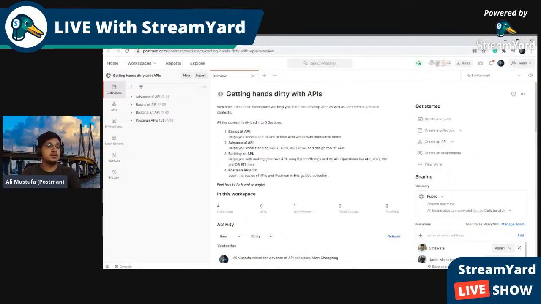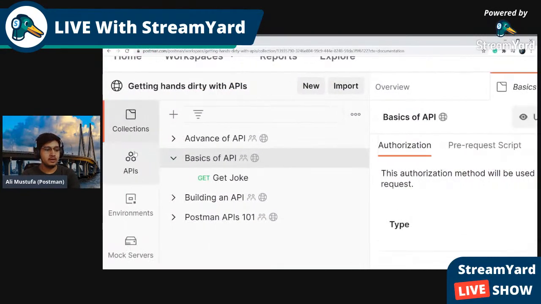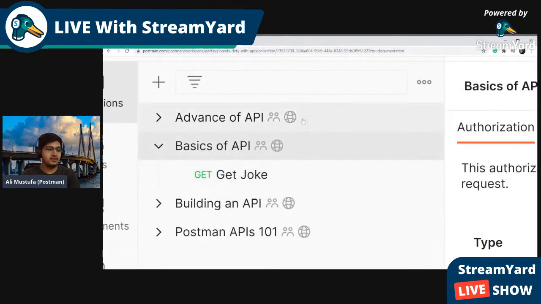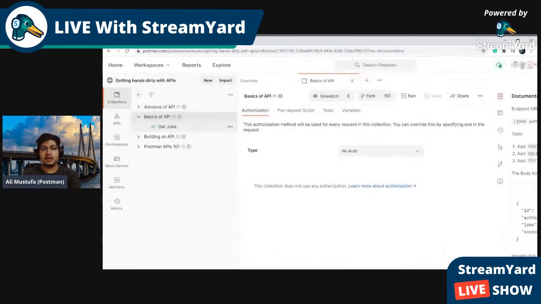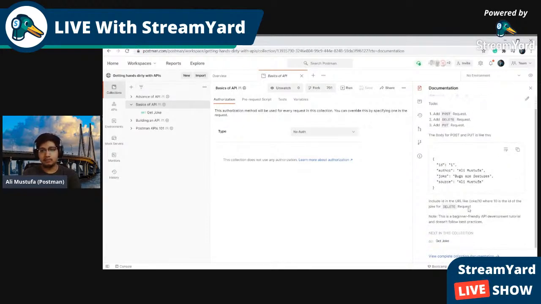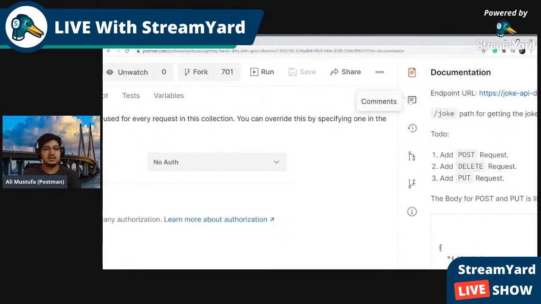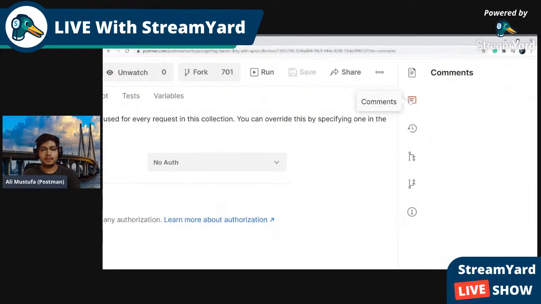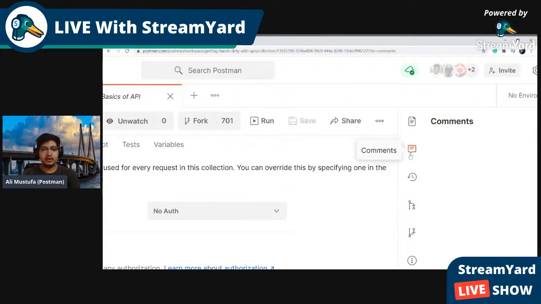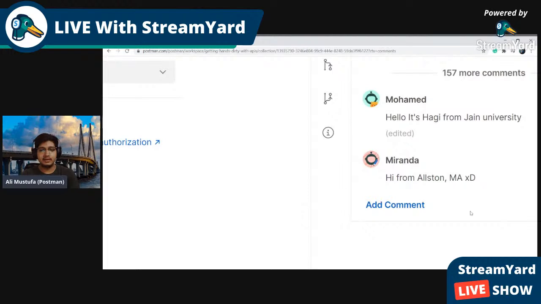On the very left-hand side, click on basics of API, and it will open a window on the right-hand side, where you will see the endpoint URL and a bunch of documentation. Now click on the second option, which is comments. It will take a minute to load. Here you can see it is loading, and here it is.